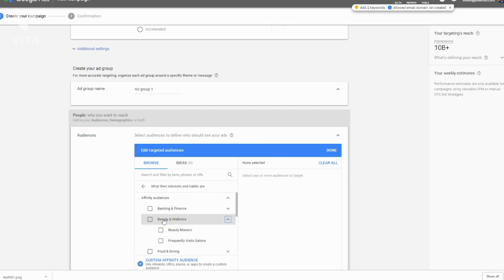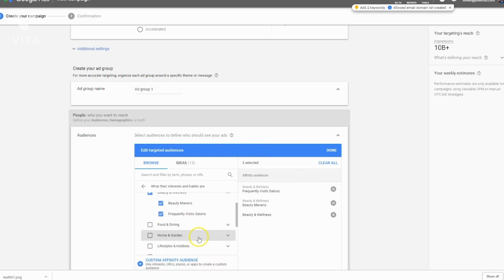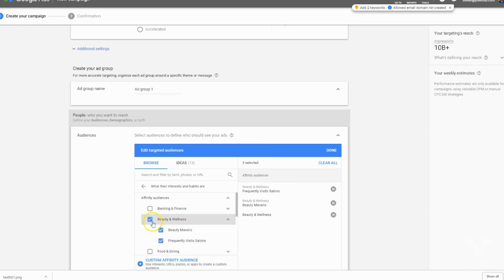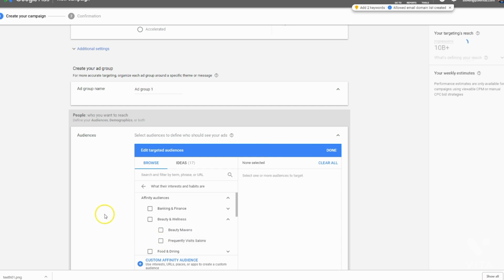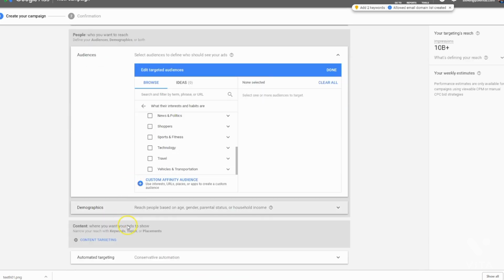And we could always do another campaign later, or just choose one ad group within this campaign that focuses on that target and see if in fact we do get better results that way. But we could do this, okay, and that would basically narrow down the audience a little bit from super broad to less broad. For our purposes, we'll go ahead and keep it as it is without any specific audience restrictions. Demographics,